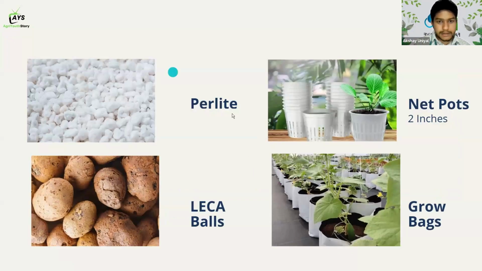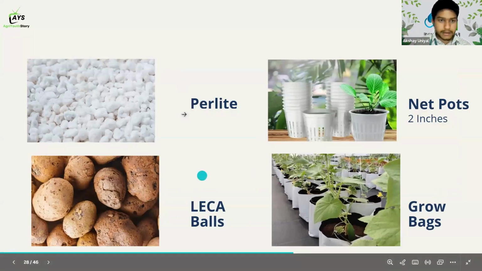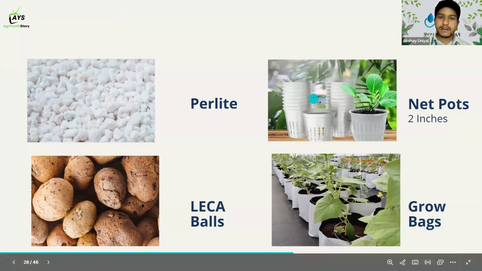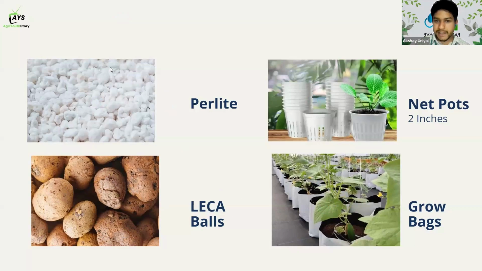Okay, so then this is how it looks. This is perlite and this is leca balls, these clay balls. This perlite is often mixed with cocoa peat to make a fill inside the grow bags here, or these leca balls can directly be used in the net pots. These are all mixes and matches. This is how these look, but these can be mixed and matched for all types of systems, all types of